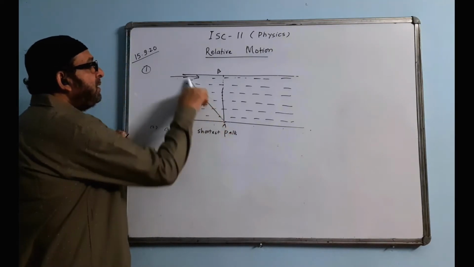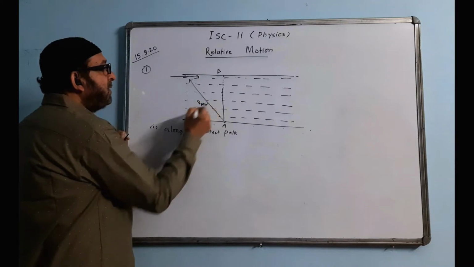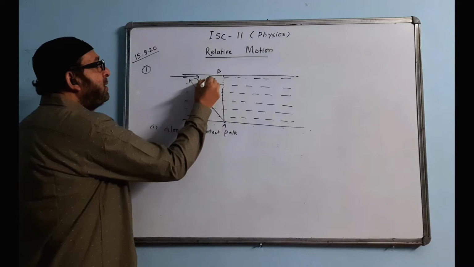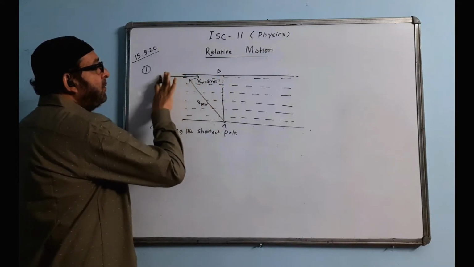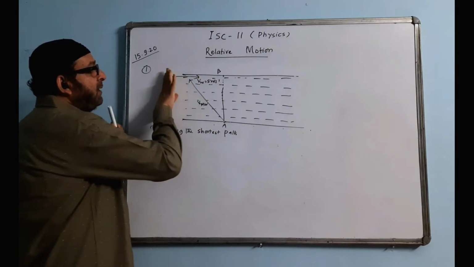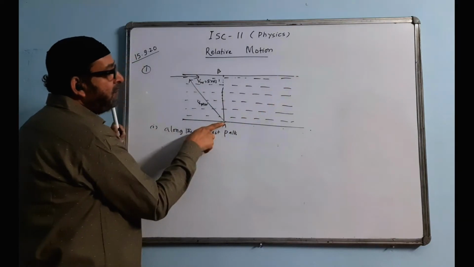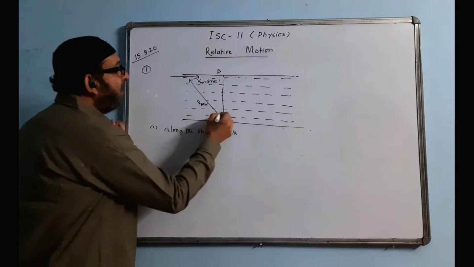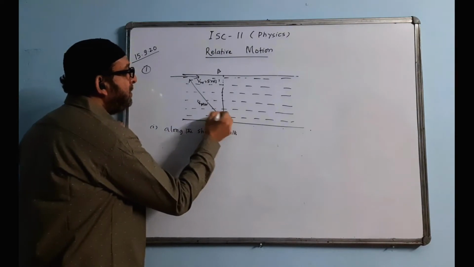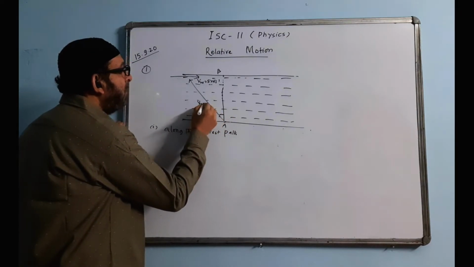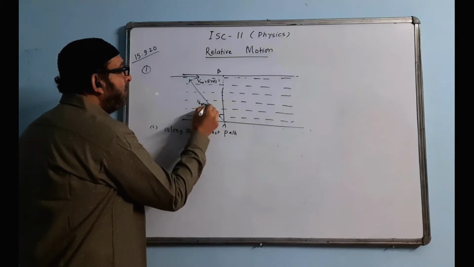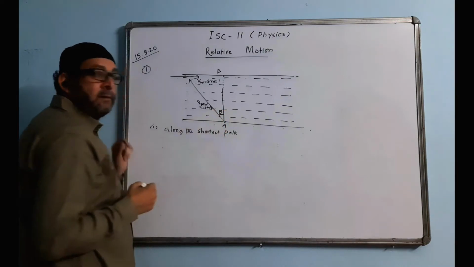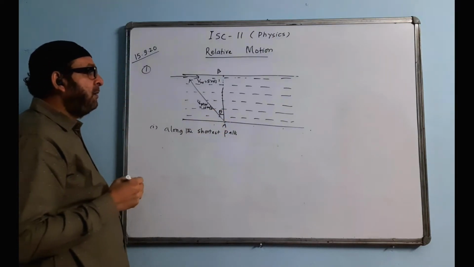For shortest path, this is the diagram. We write here VMW like this. Velocity of the river VW is given 5 meters per second. This river is flowing from west this way. The person is on the south bank and has to reach over here along the shortest path. You have to find the value of this angle. The value of VMW is given 10 meters per second. Let us find the value of this angle theta.